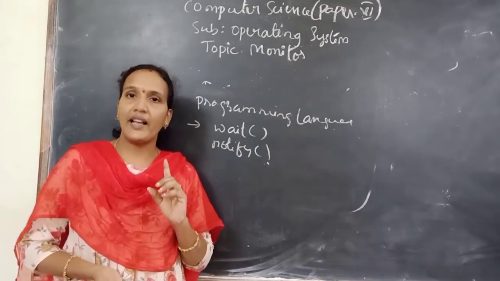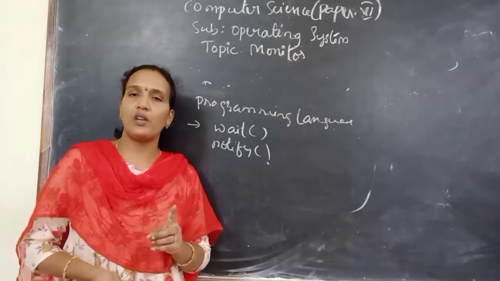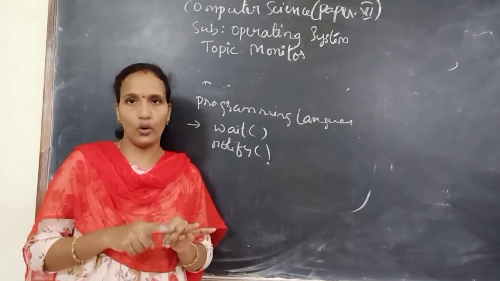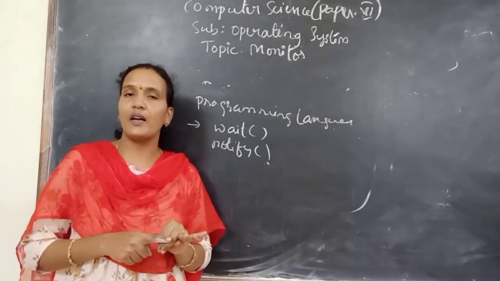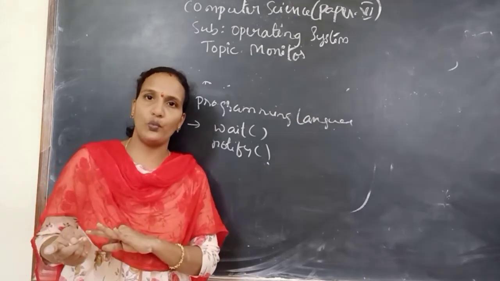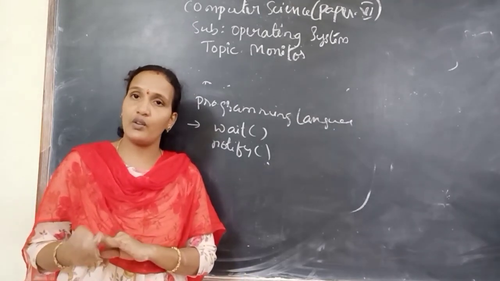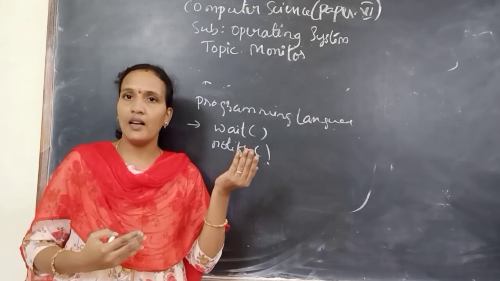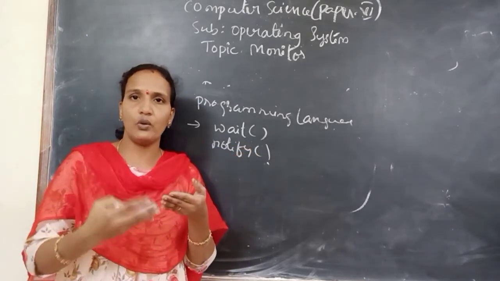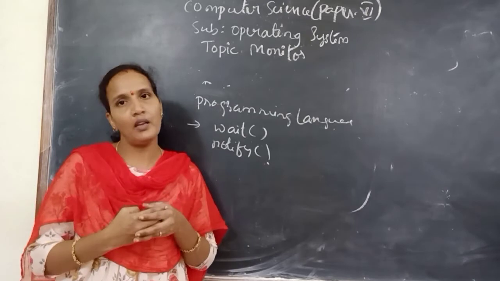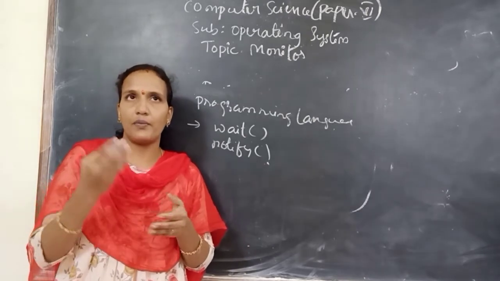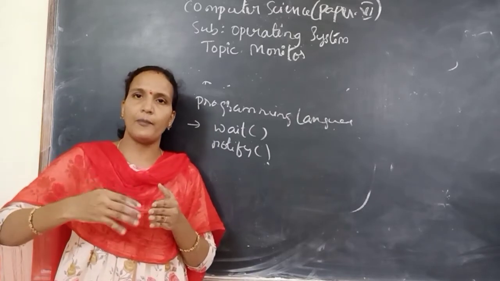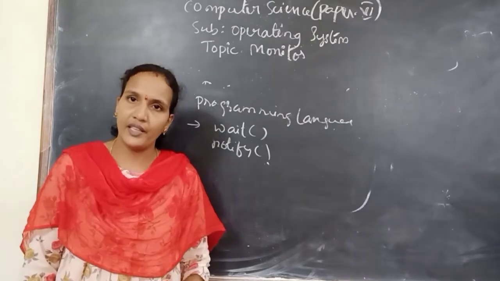Monitor is used to achieve process synchronization. And what is it? It is a block which contains conditional variables, procedures and local variables. And in a monitor, if one process is running, another process needs to wait. At a time only one process can enter into a monitor, and whichever processes want to enter into a monitor need to make a line, means they should maintain a queue. For example, if P1 is executing, P2 needs to wait, P2 is executing, P3 will wait. One process is running, another process needs to wait, means they need to maintain a queue.